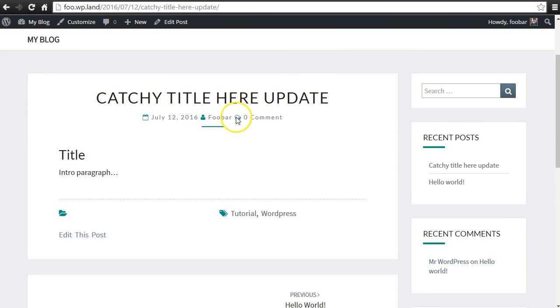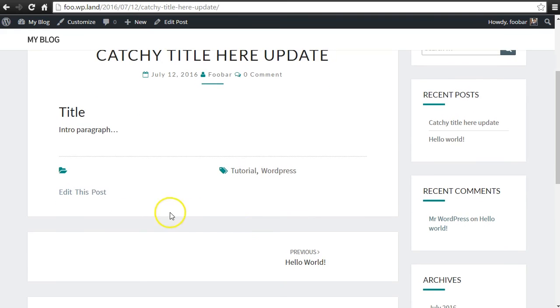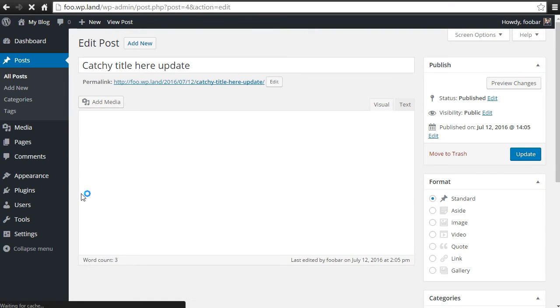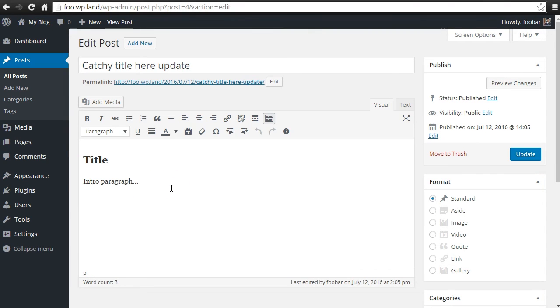It gives me the date, who wrote it, and if there's any comments, their title, paragraph, all of that great stuff. You can see your tags in here for tutorial in WordPress. And this edit this post, not everybody's going to see that. Only people that are allowed to edit the post are going to see the edit the post, so don't get freaked out by anything like that. This is just a quick reference for you to be able to go back and edit your post if you're viewing your blog. So that is how you do a post.